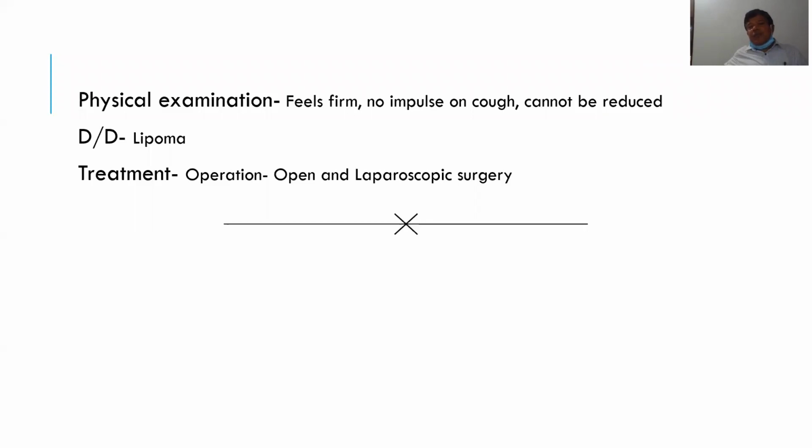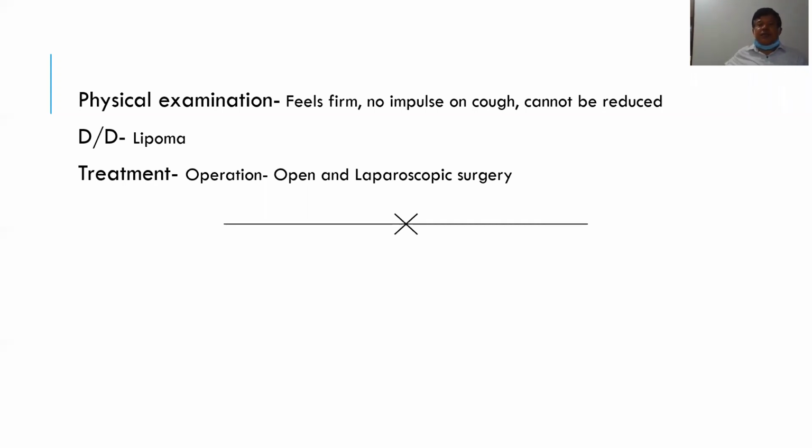In a typical mesh operation, meshplasty is not done, but meshplasty or hernioplasty we can do even in open surgery also. Without doing a mesh operation, just after doing the herniotomy, closing the neck of the sac, then pushing it into the pre-peritoneal space, we can place a small piece of Prolene mesh. Then whatever gap is there, we can close it, just anatomical closure of the defect, not the double breasting operation.